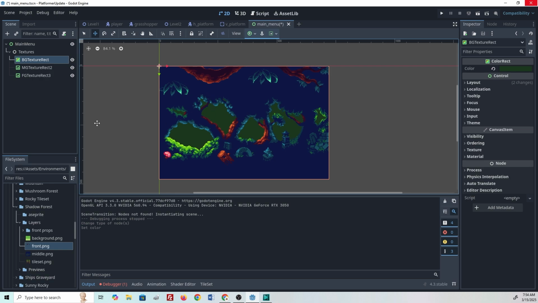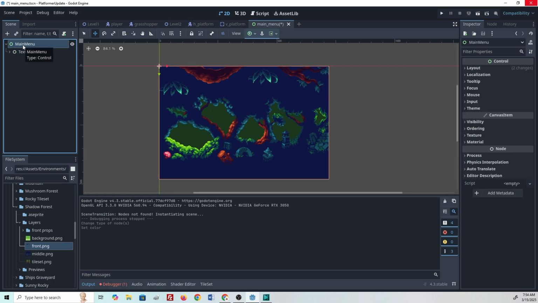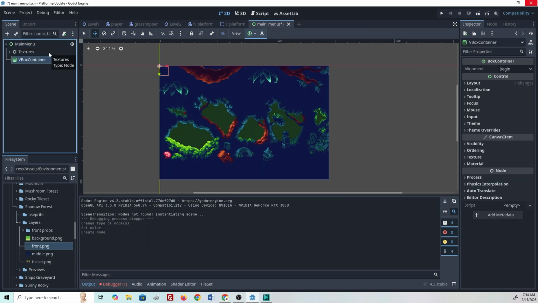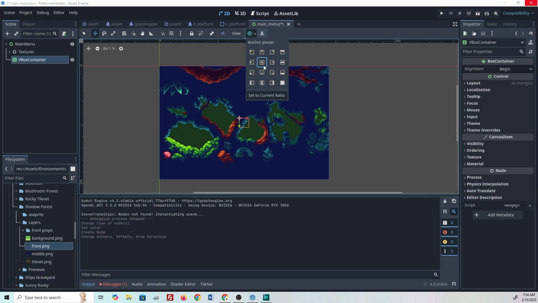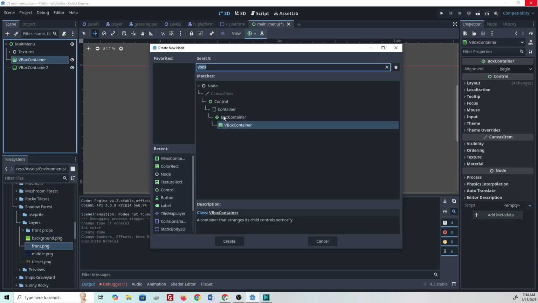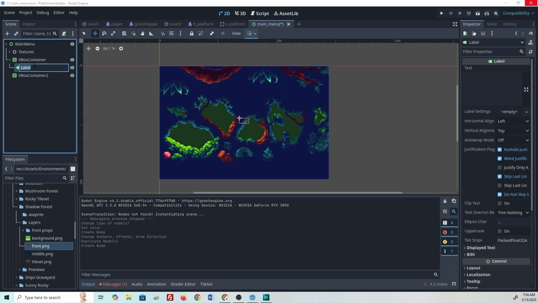Alright, next thing we're going to do is add our text and button elements. So right click on main menu, let's add a VBox container. Actually we're going to add two of them, but let's get this one set up first. This one will be centered, right? And we're going to duplicate it. So this one is going to hold, if we add a child to it, a label, and that's going to be our title. So we can change that to title label, and it's going to be